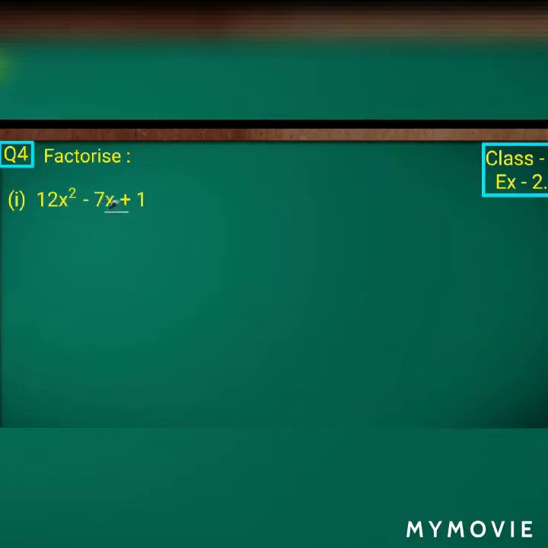If you observe the given polynomial here, how many terms do we have? 3 terms, and the degree of the expression is 2. So I can say that the given polynomial is a quadratic expression, isn't it? If you remember from class 8, we studied finding the factorization of the given polynomials. So here we have to find the factors, that is, do the factorization for the given polynomial.